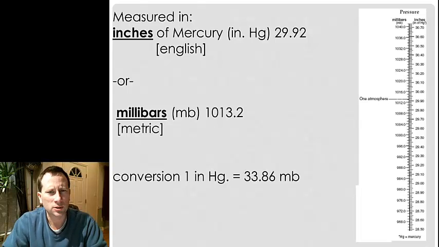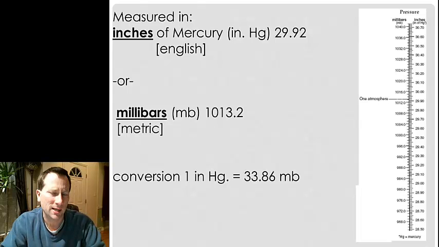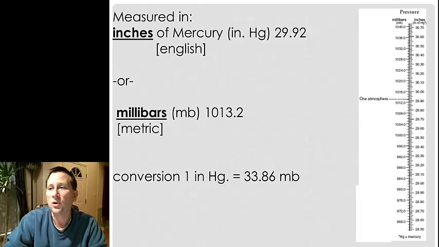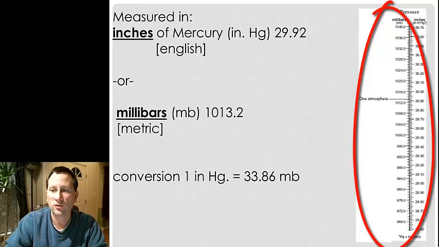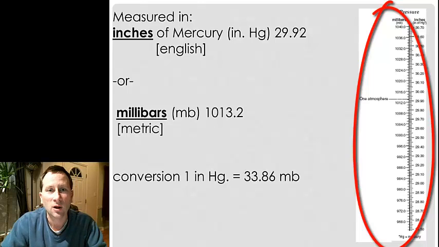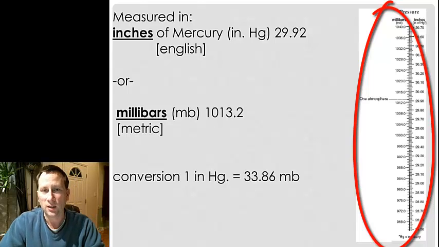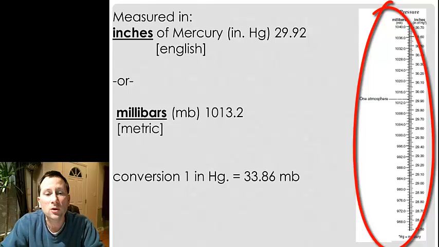In the rest of the world, you'll probably see it measured in millibars or kilopascals. Now, millibars is the universal air pressure unit. Meteorologists in the United States use millibars frequently, and then they kind of have to go back and forth between inches of mercury and millibars. Fortunately for you, you have this awesome Earth Science Reference Table over here that's going to help you do that without having to do the math. But if you want to do the math,